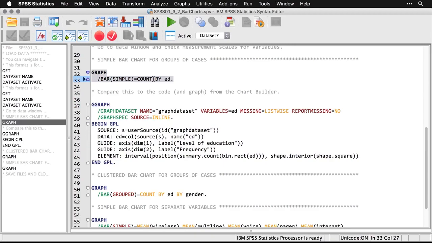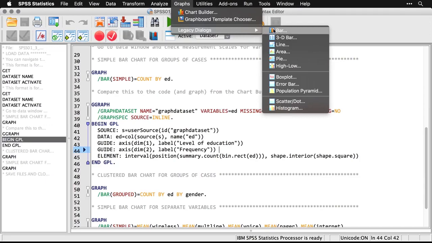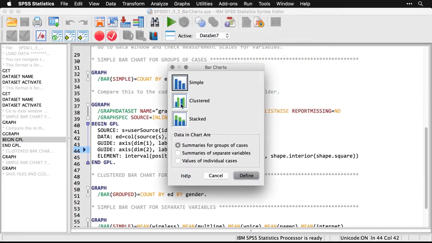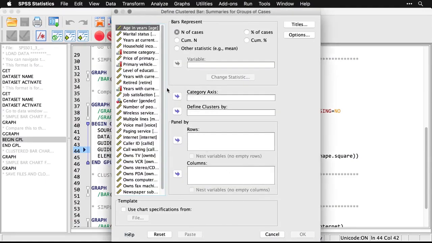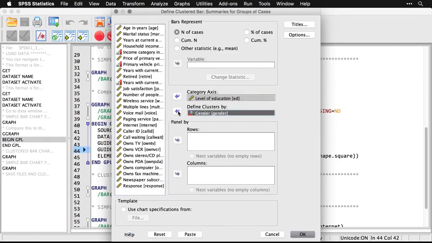Now let's do a clustered bar chart for groups of cases. We'll look at levels of education by gender. To do that, we come back up to graphs and to legacy dialogues to bar. And now we're going to cluster it. We're going to do level of education clustered by gender. So I hit define, and we'll get level of education. That's sort of our outcome variable. Put that under category axis, and then define clusters by gender. Let me put that right there. I'll hit OK